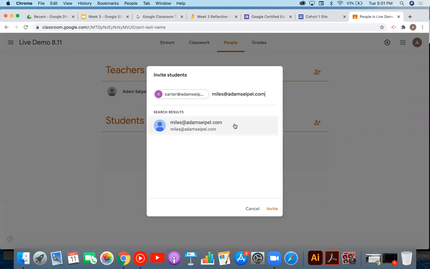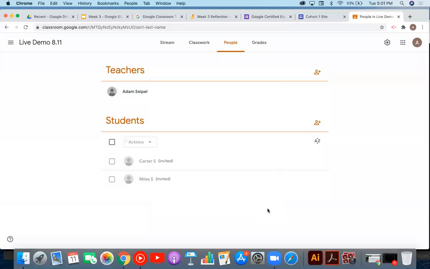Now, if you are working with more than 5 students, this gets old pretty quickly. So what I would encourage you, and again, this is a way that you can do it, and on the exam, you'll probably do it this way. We click that icon, put in a specific name that we're given, and then hit invite. That's good when you're taking the exam to get your level 1 certification, but most of the time, the easiest